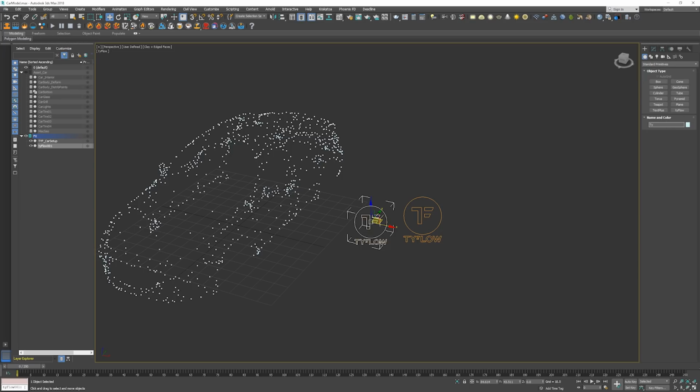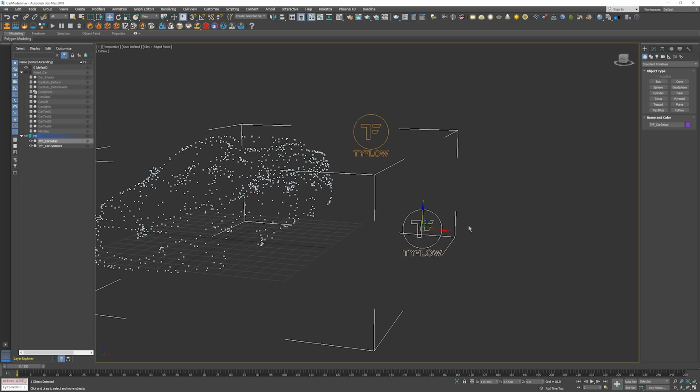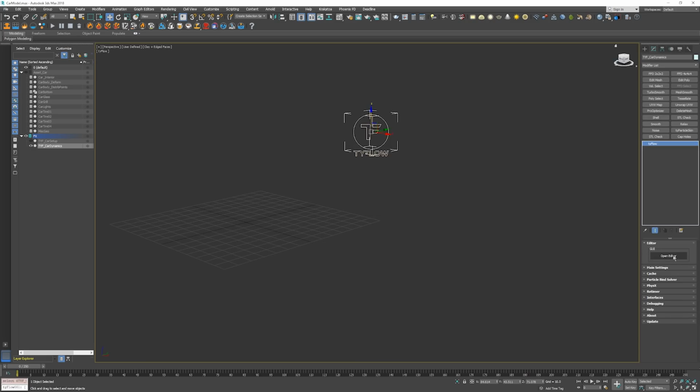So we'll call this TYF, and then we'll just call this car dynamics, whatever we want to call it, okay? For now, I'm just going to hide my original one so it's not as confusing. So we just have one system here, and we'll go back into the modify panel, open editor,